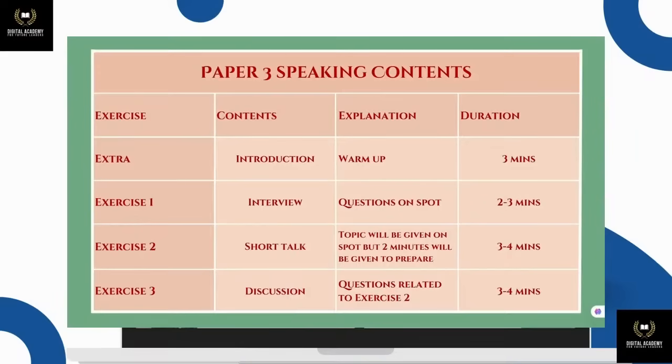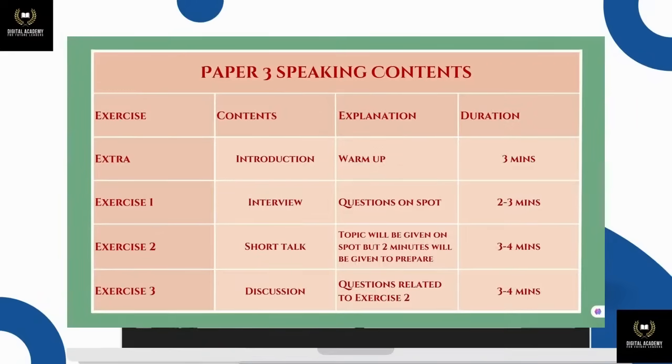Exercise 2 is a short talk in which you will be given the topic on spot, but you will have 2 minutes to prepare for the topic and 2 minutes to talk on the topic. So be sure you take the full 2 minutes to prepare.